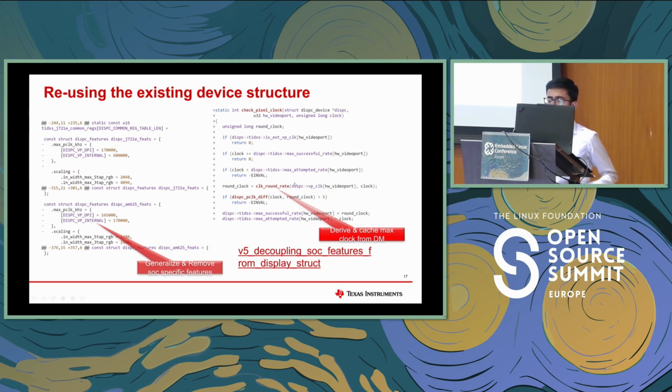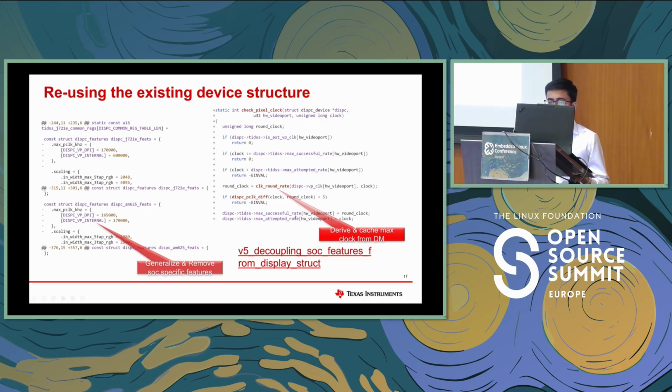Like if you are connecting the monitor, based on the EDID, whichever resolutions the monitor supports, we try to enumerate those and check if the device manager is able to set the clocks and support that much pixel clock